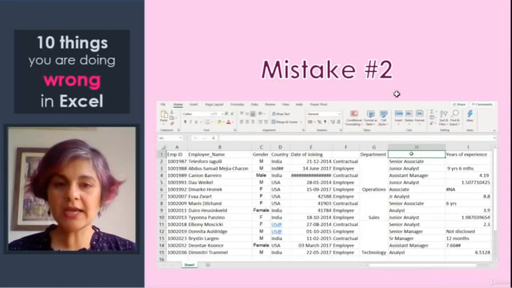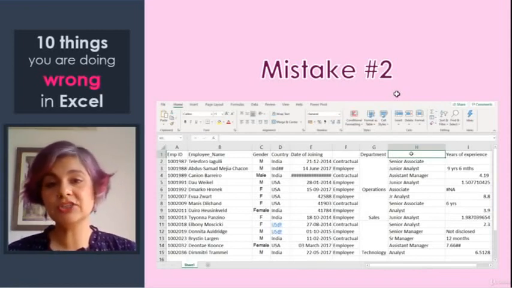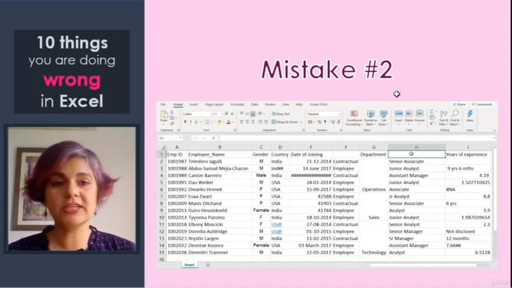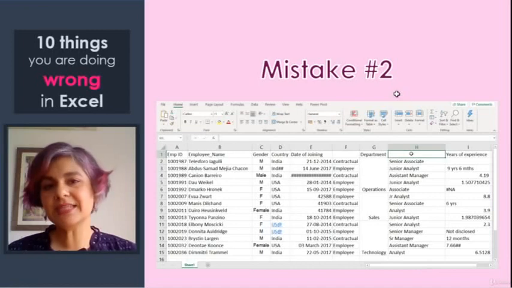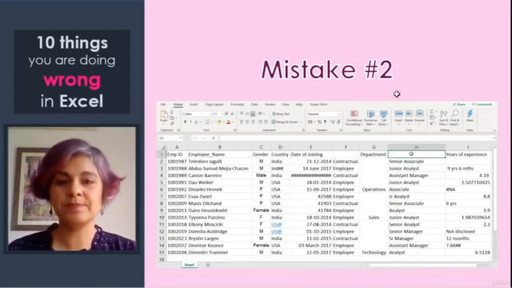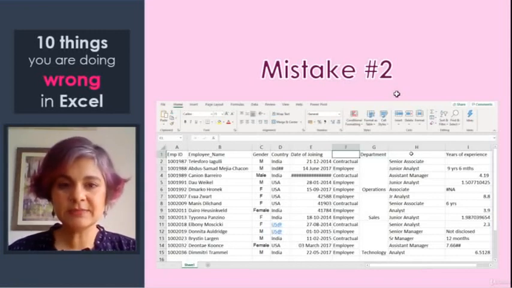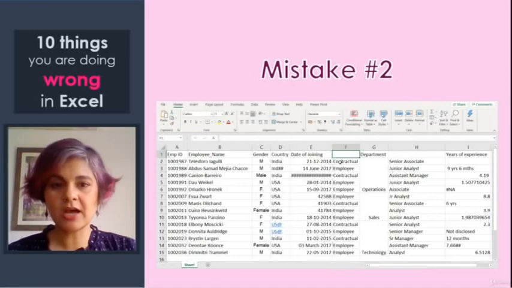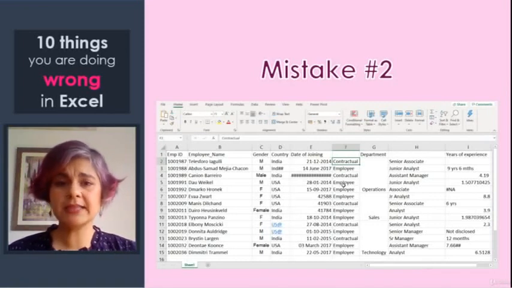So a couple of things to keep in mind over here. Firstly, all of your column headers should be different from each other, so they should be distinct values, and they should ideally be something which you can read and quickly understand what is the data within that column. So here in column F, where I don't have a header, it seems that these values are defining the kind of relationship that the person has with the company.